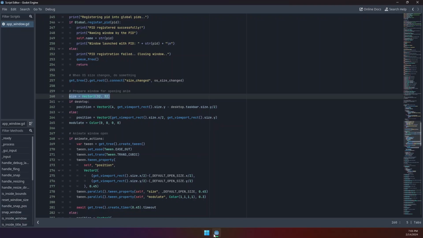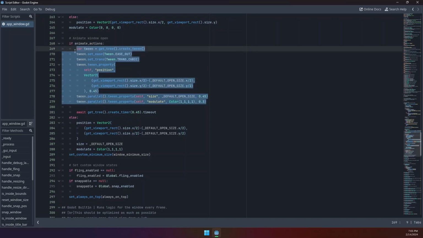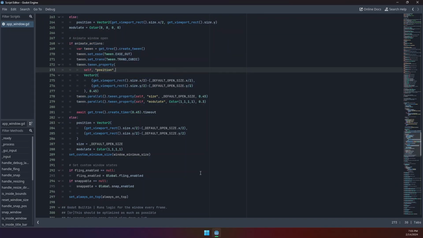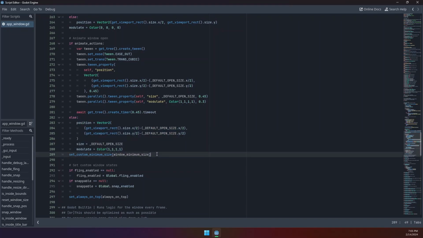If not, it just starts from the center bottom and opens upwards. It also sets the modulate to 0, so it's completely invisible. Now if you have animate actions enabled, then it will tween the animation starting from the bottom, make it expand, make it bigger to the default size, and it'll also set the modulate so it'll color open. And if you don't have it, then it just sets everything to what it needs to be immediately, and then